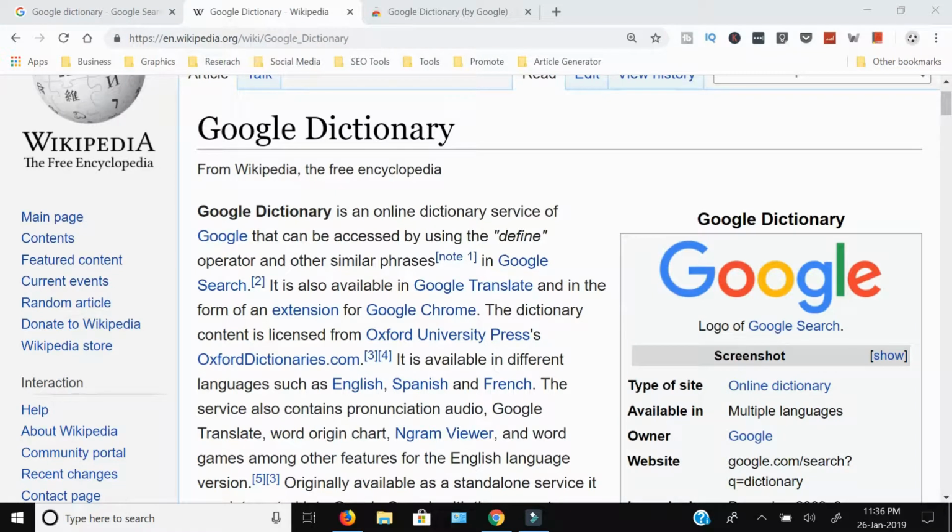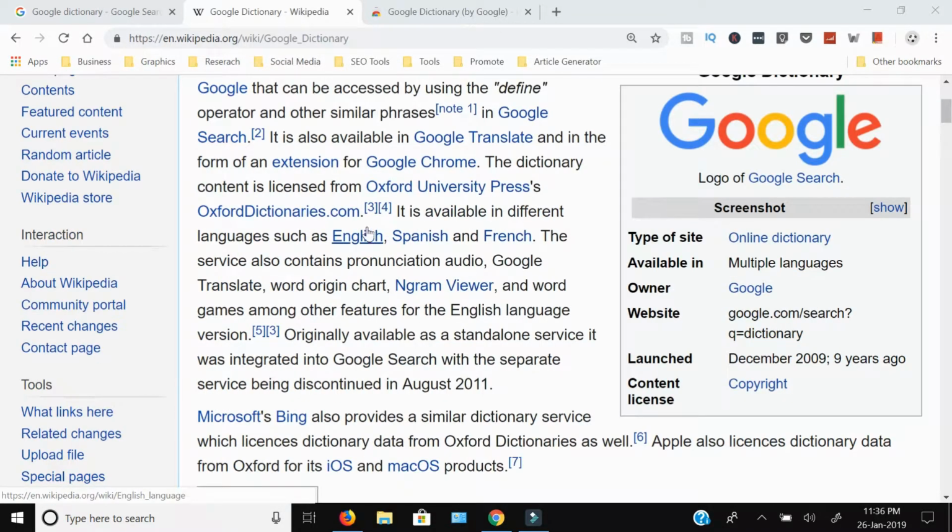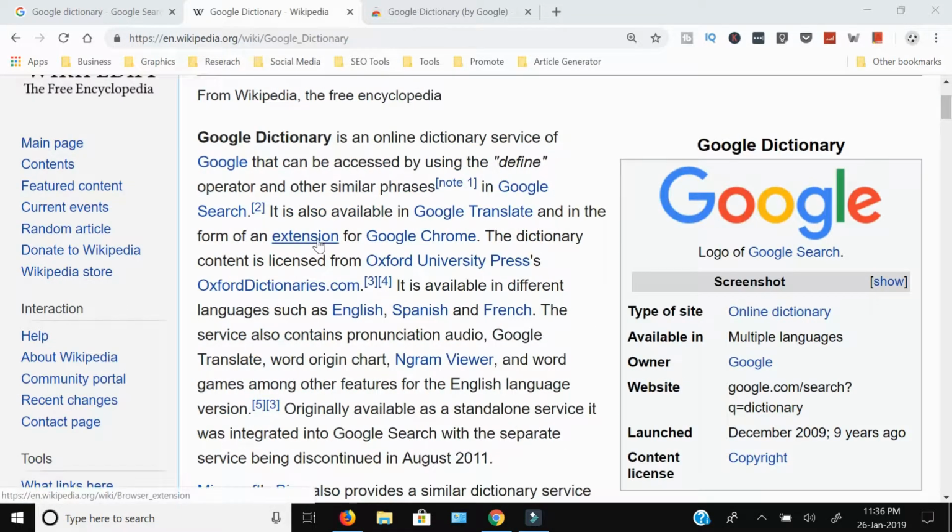Surfing the internet, you may come across a word, the meaning of which you may not know. But generally, what we do is search in the dictionary, copy or type that word, and then take that word into the dictionary and find the meaning. But